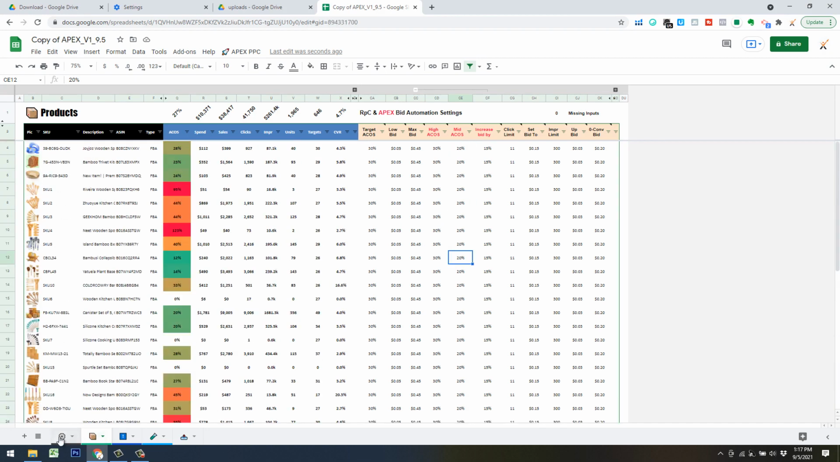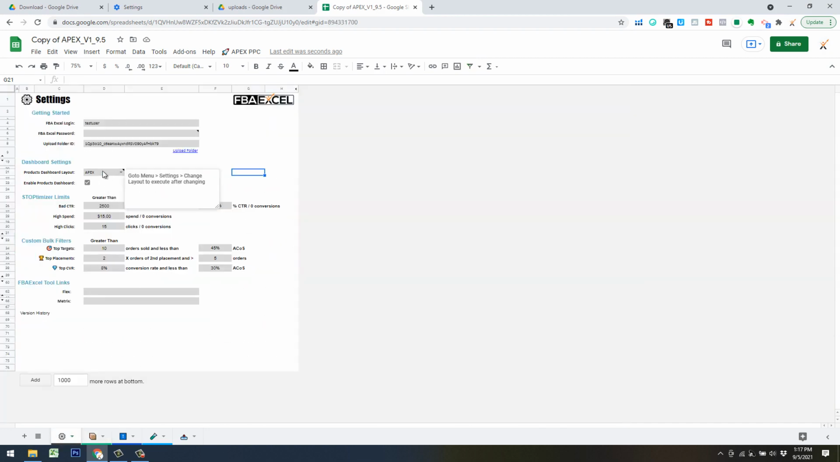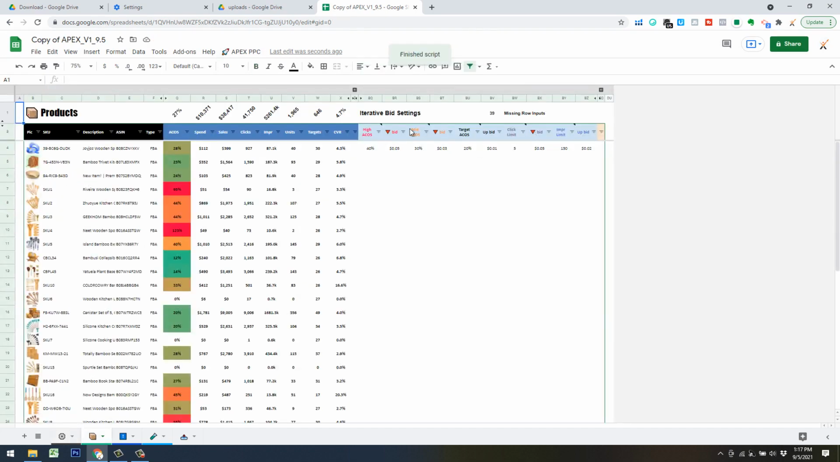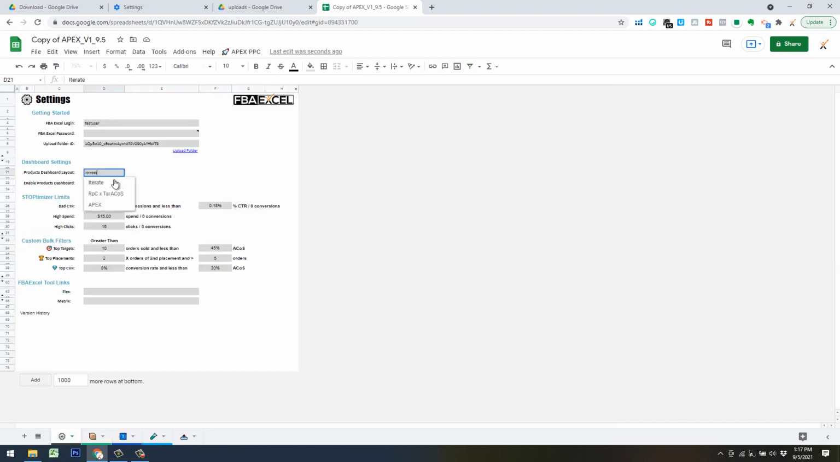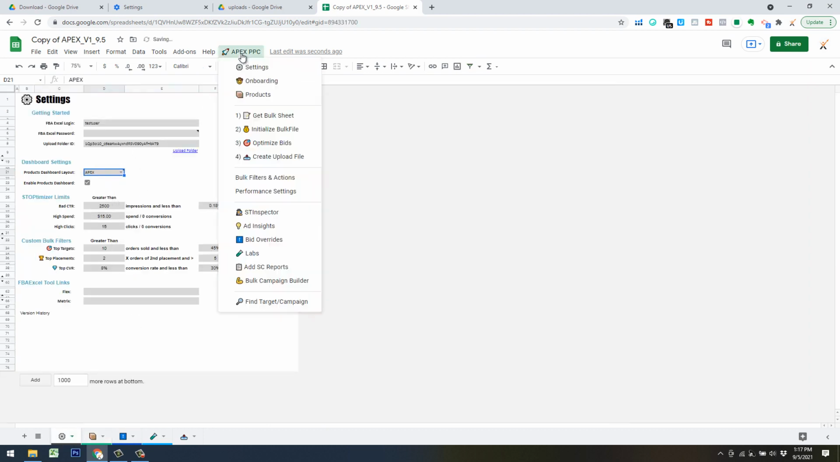Know that depending on what you have in this field here, which by default is going to be set to the Apex, which is what we're going over right now, but you can set these to the iterate layout, for example. Then you'd go up to settings, change dashboard layout, and you can see now it's got the iterative bid settings. So again, watch the video that covers these different algorithms and you'll get an understanding of each one. But I'm going to go back to the Apex mode just for quick start settings